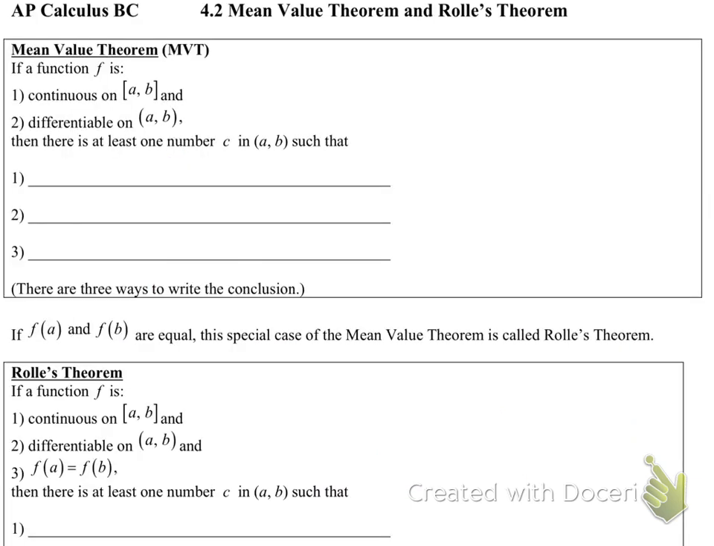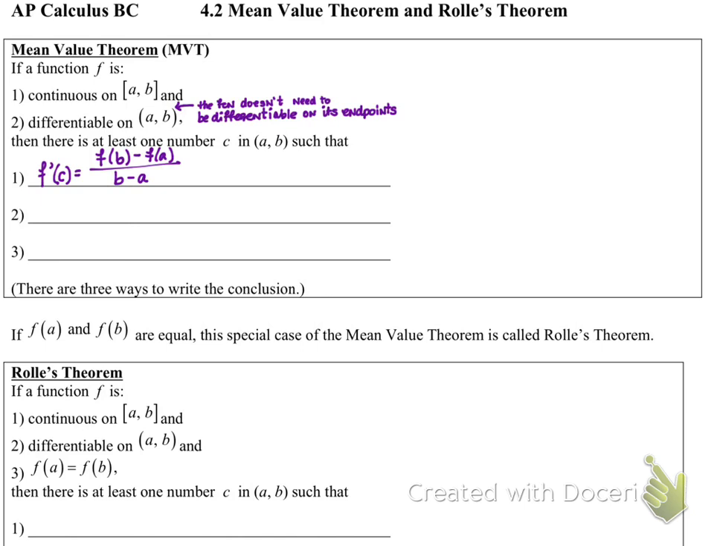Okay, on to the mean value theorem. If a function f is continuous on the closed interval a to b, and differentiable on the open interval a to b, then there is at least one number c in the open interval a to b such that, back up the truck for a second. This open interval right here means that it does not need to be differentiable on its endpoints. If all of this is true, then there has to be one number c